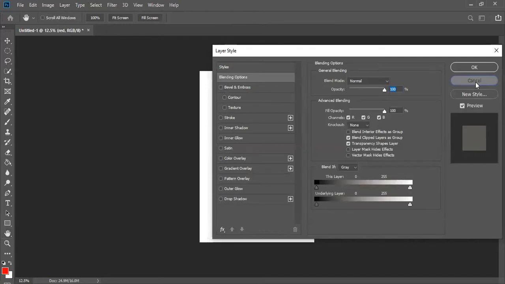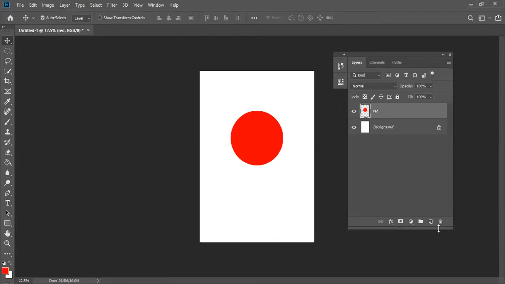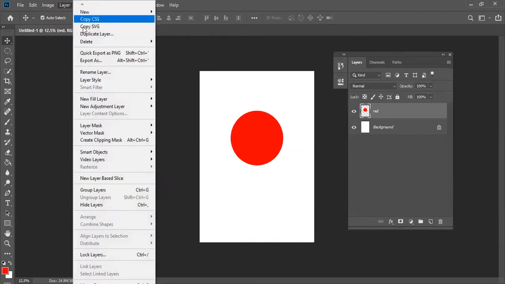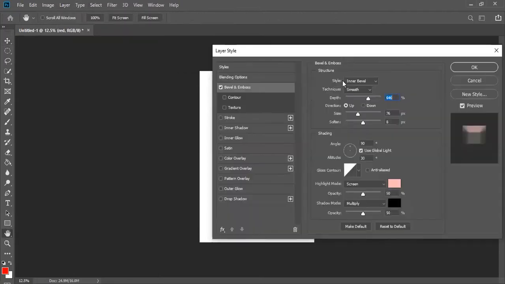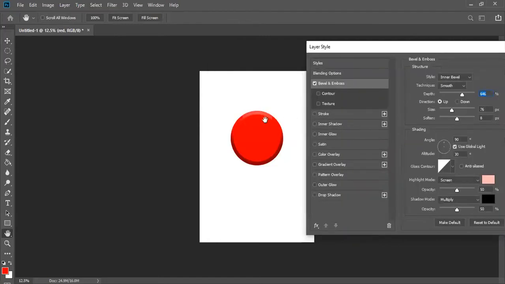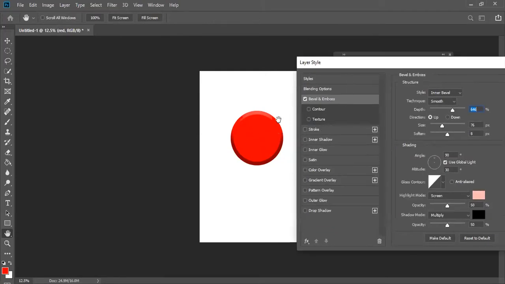So first of all, I'm starting here with layer style, bevel and emboss. The bevel and emboss will come here. See, this is an emboss. I hope you can see, right? Yeah, this is emboss. So here, you can adjust the size also. See, you can adjust the size. It's like a 3D effect, emboss effects.